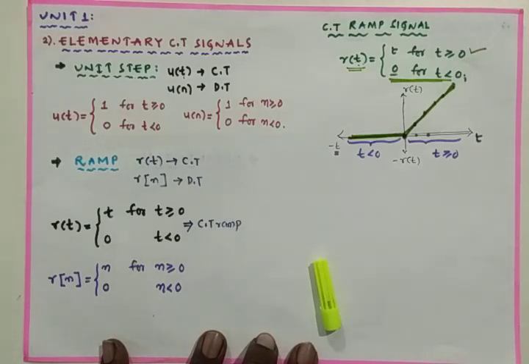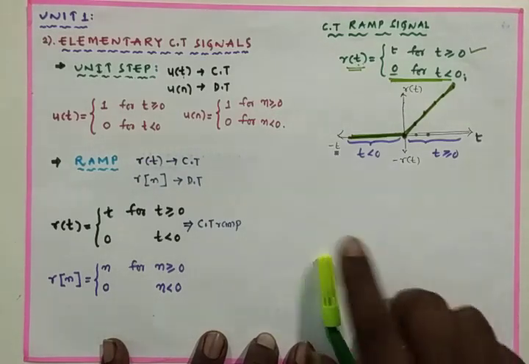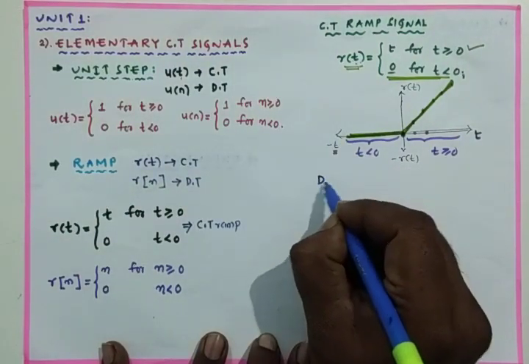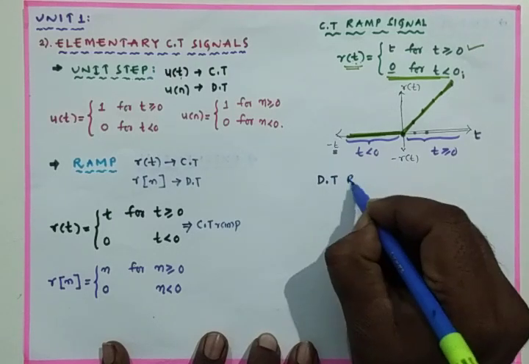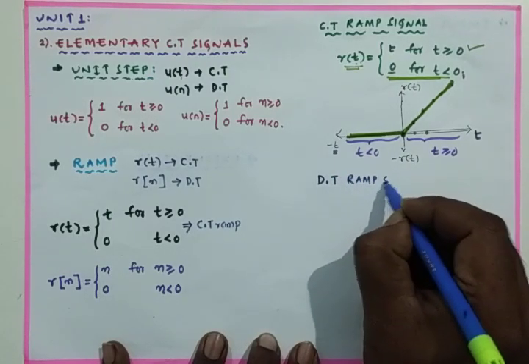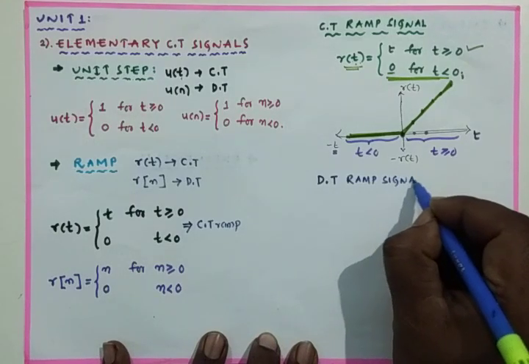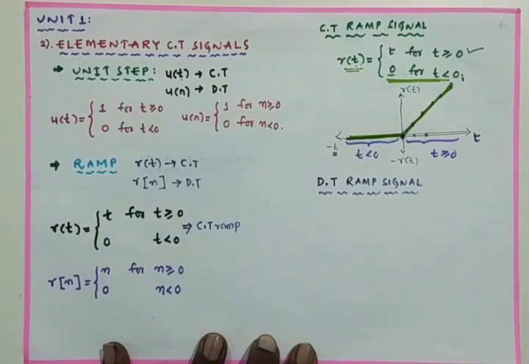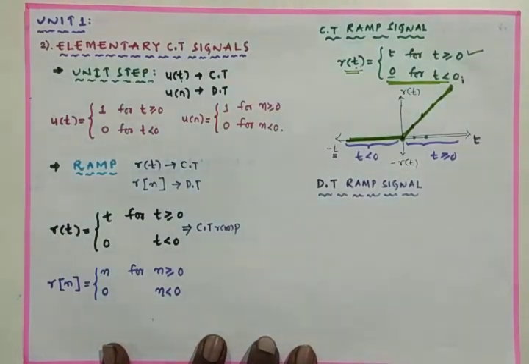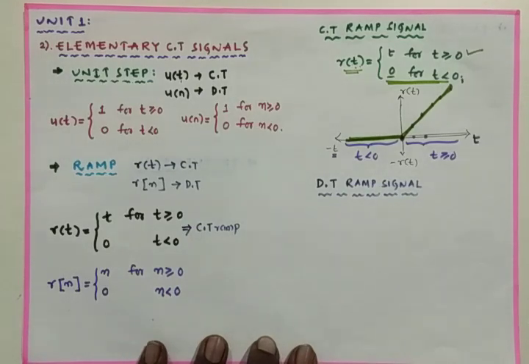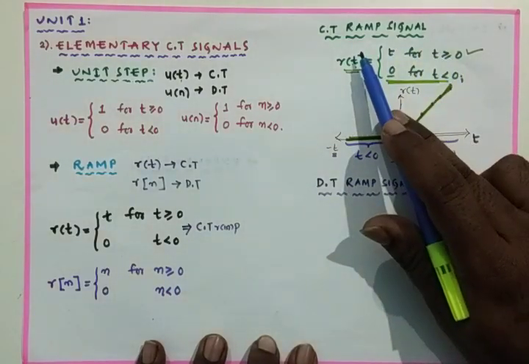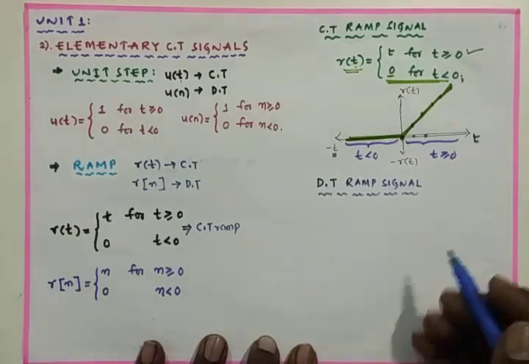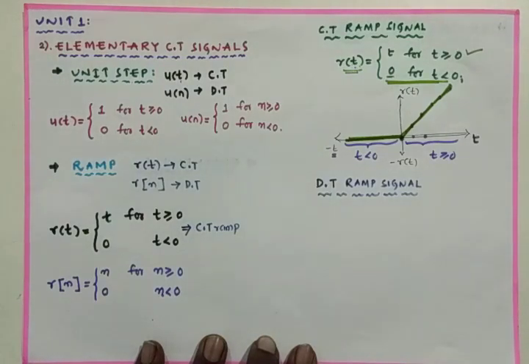Now I can go with the discrete time ramp signal. So now I am going with the discrete time ramp signal. You have to remember, the point is that a ramp signal is nothing but a linearly increasing signal for all the positive values of the independent variable. That independent variable may be t in case of continuous time, and n in case of discrete time. So I am defining the discrete time